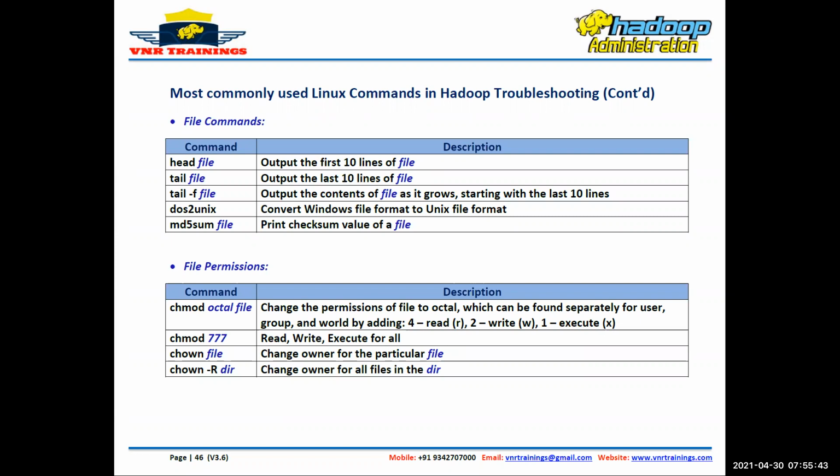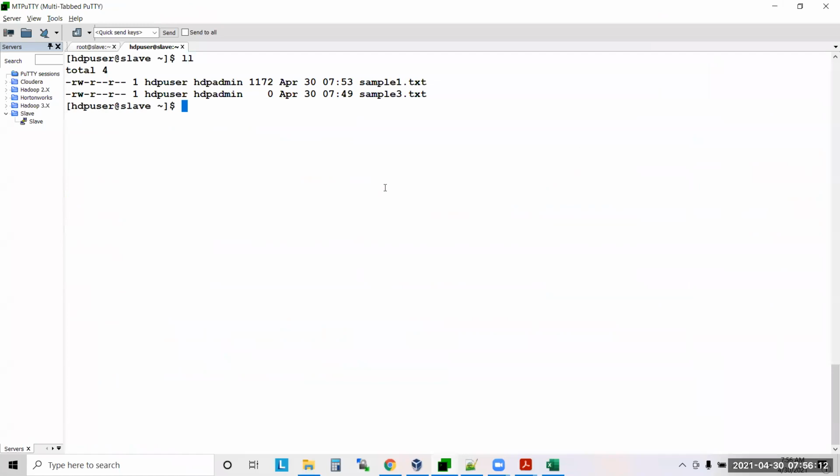Now when you copy, let's say you copied a file from Windows and put it into a Linux machine. In Windows the file is working fine, but in Linux it is creating some problem. It means there is some format issue with that file. Now if you say dos2unix, DOS means Windows, to Unix. If you run this command, let's say I have 2 files.